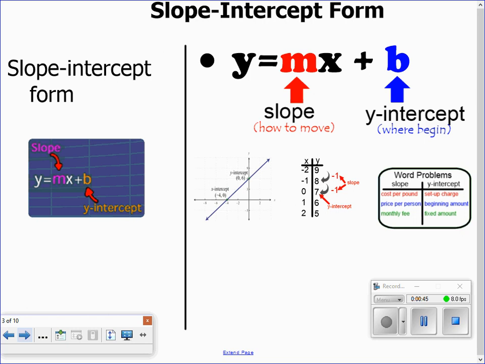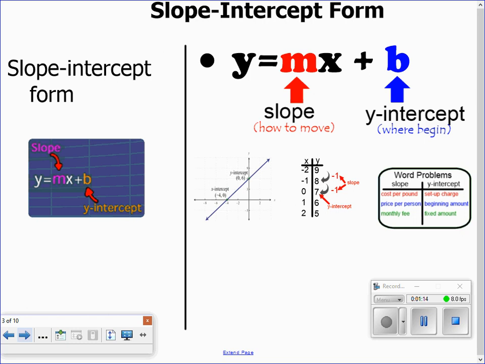So when we graph from slope-intercept form, it's important for us to know what this equation looks like. This is our y equals mx plus b equation, where m represents the slope and b is the y-intercept. The y-intercept tells us where we should start on our graph. So it tells us where along the y-axis we should find a point. And then the slope tells us how we should be moving from that point to get to the next point. It tells us if we need to move up or down or left or right to get from one point